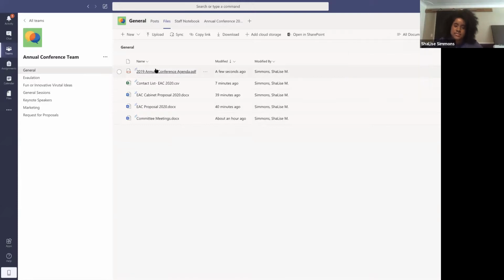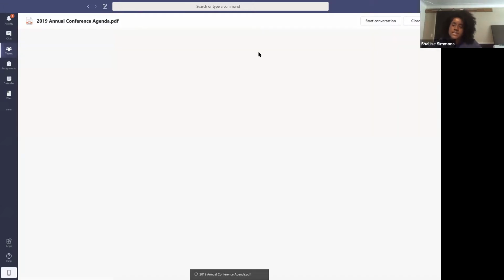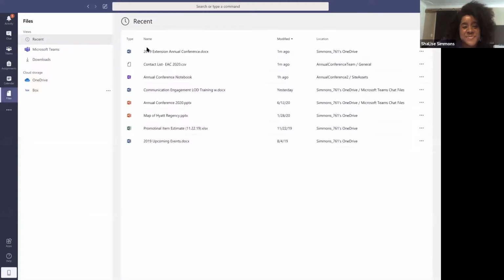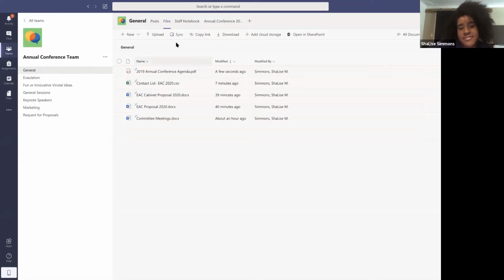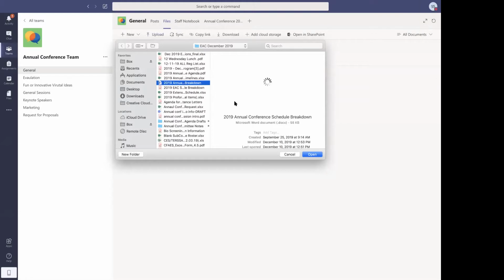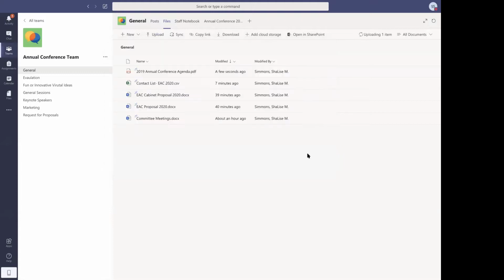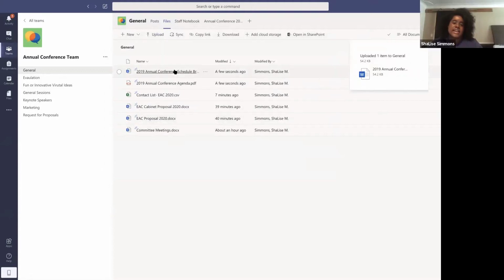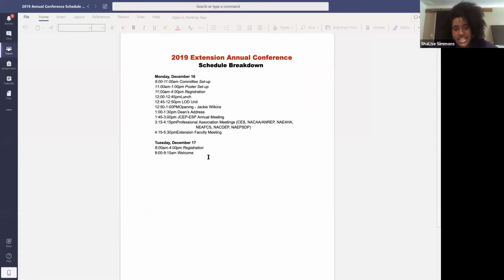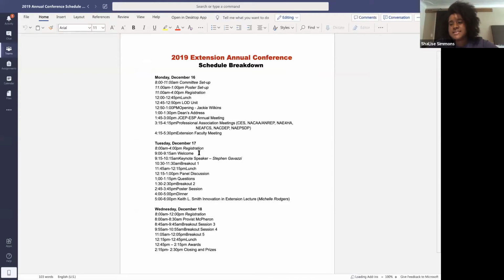So now you can, I'll click it, and then you can see others within the document. This is a PDF. Let me check it one more time. My apologies. She can't edit a PDF. You can't edit the PDF online because it's an Adobe product and not a Microsoft product, right, ShaLise? Yes, exactly. Okay, now, Danae, go to a 2019 annual conference schedule, and then I should be able to see